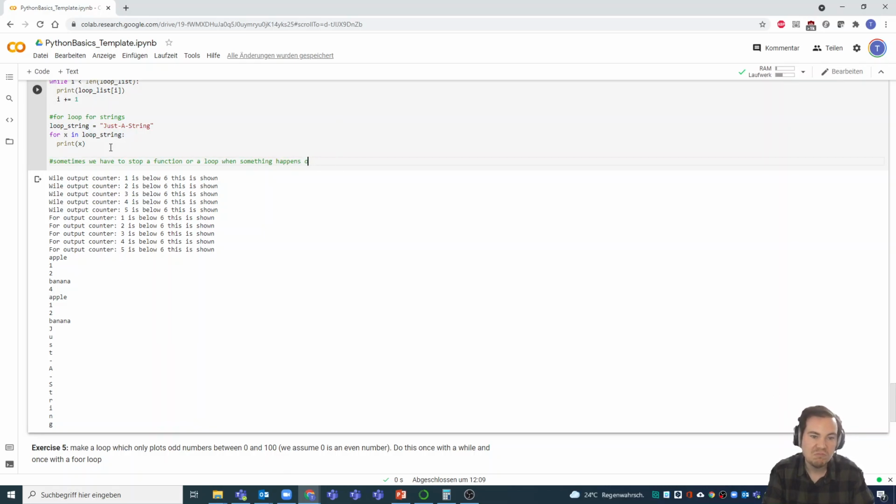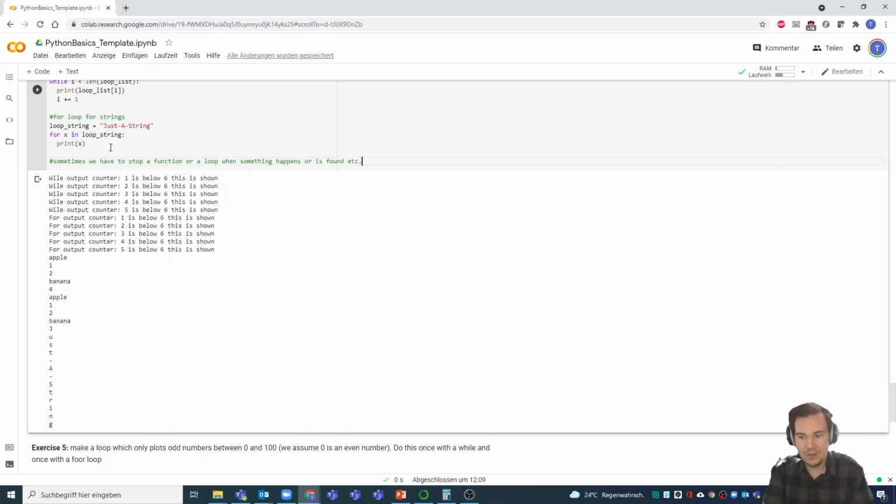Or is found. For example, you sort something, you have a certain value you search for, I don't know, you search for a search term within a document. Once you got it, you stop and show the result to the user and stuff like that. So you only search until you find it, then you stop it. You do not have to search the full document,